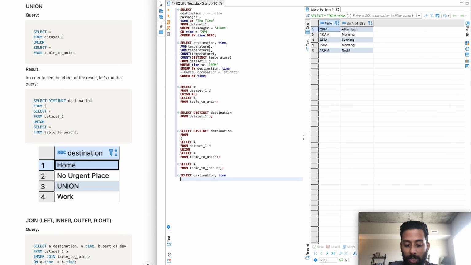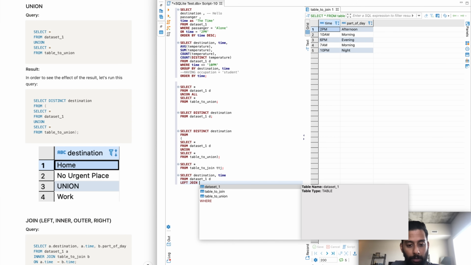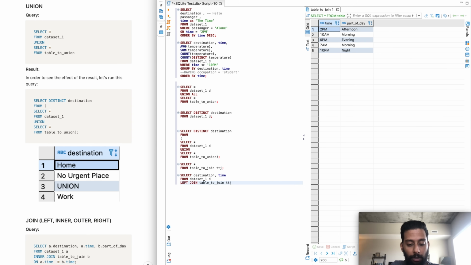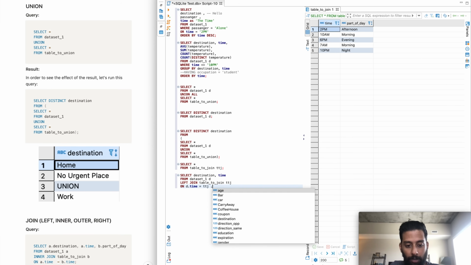So select destination time from, let us say, dataset 1, left join, table to join, on d dot time equals ttj dot